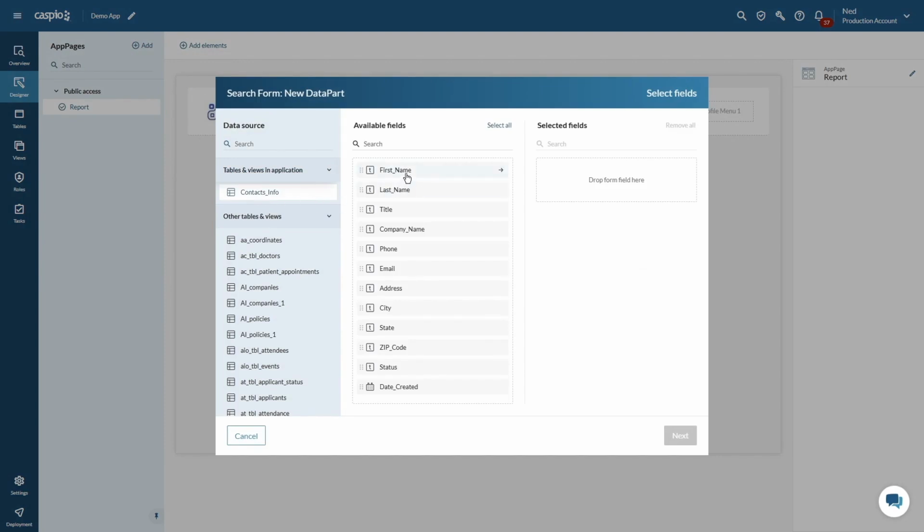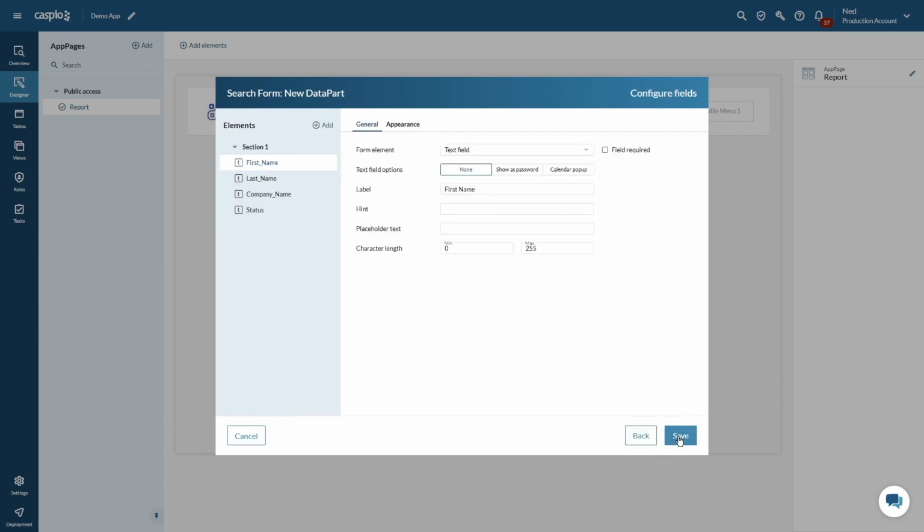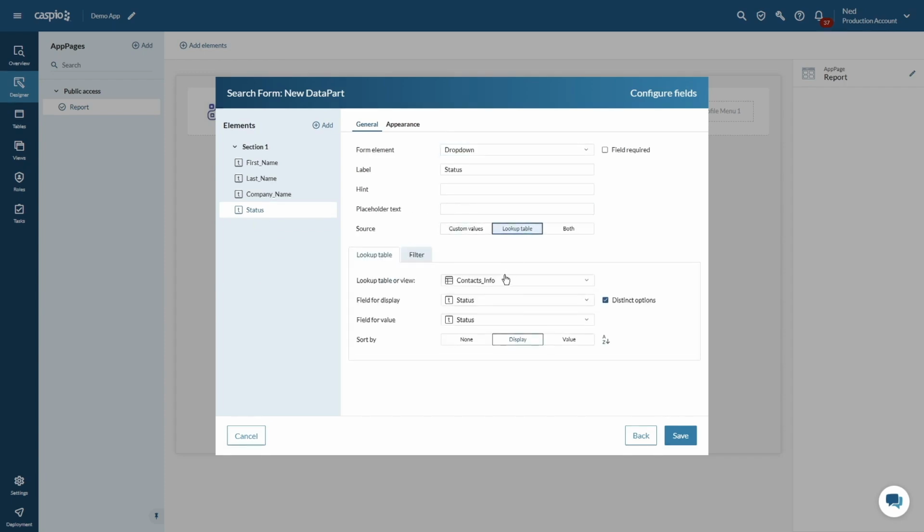So for the interest of time, I will select first name, last name, maybe company name, and the status field. Click Next. The only modification I'm going to make is for my status field. I'd like this to become a dropdown. I will use lookup table, and then immediately Caspio detects the table and the status field is selected for me